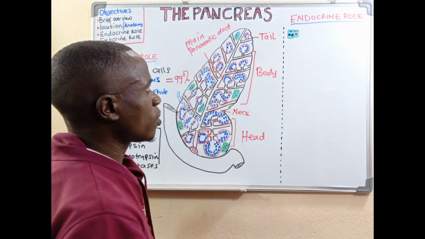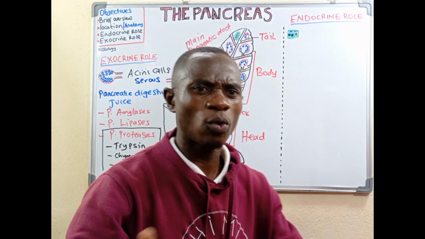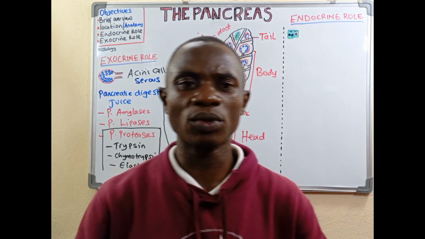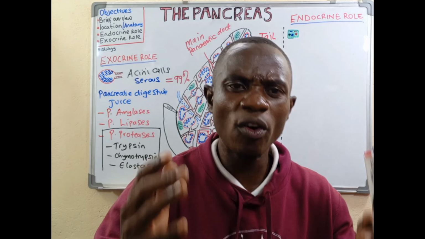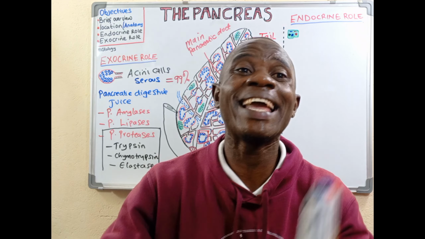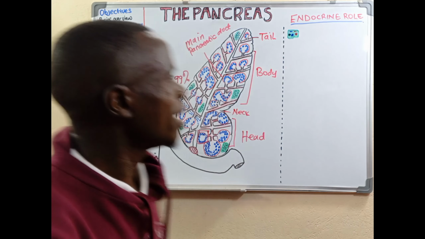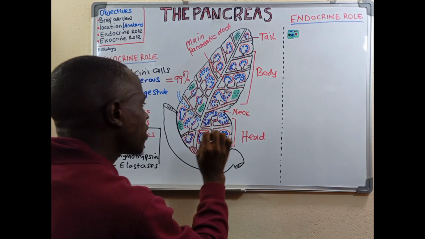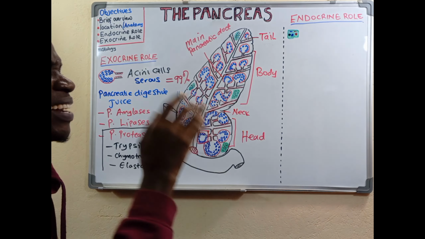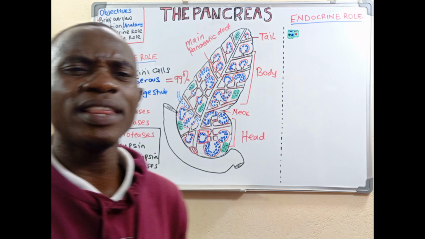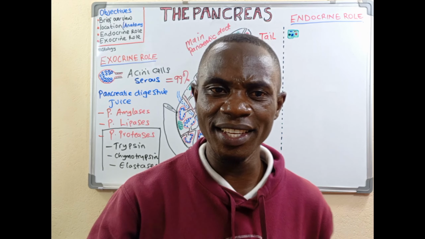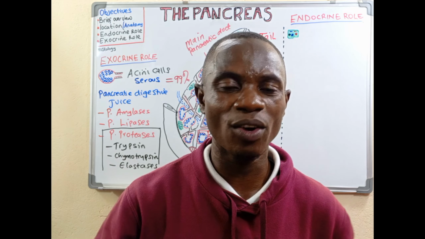Now, coming to the endocrine role of the pancreas. When we talk about the endocrine role, we mean hormones being secreted directly into the blood. We have hormones being secreted by the pancreas and they flow directly into the blood. That's what we mean by endocrine role of the pancreas. Now, we have a specific type of tissue that is part of the pancreas. This tissue was discovered by one of the great pathologists called Paul Langerhans. He discovered this tissue and gave it the name